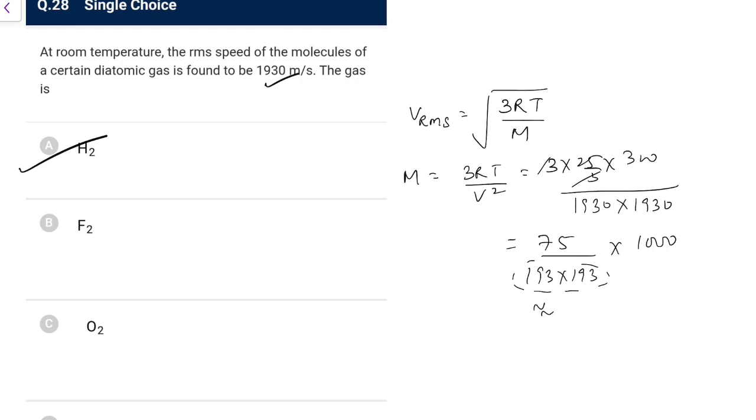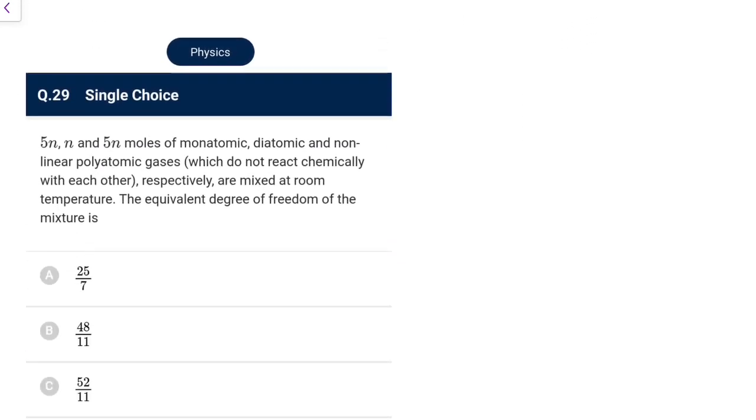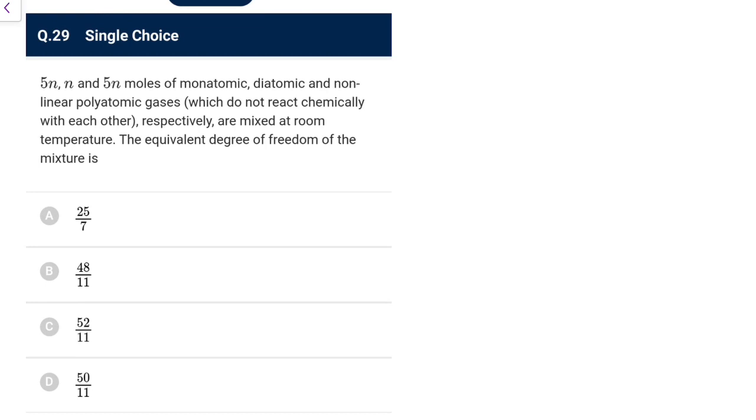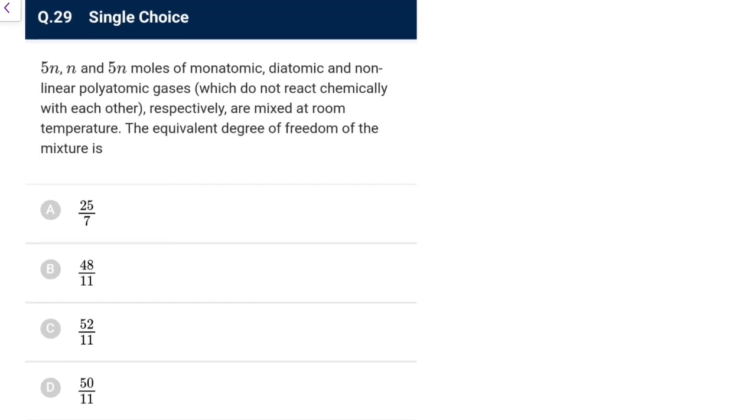So that would be, if you solve it, approximately 2 gram. So that would be like that. In one of the questions the data was given, so I just intuitively took that, but on solving also it will come like that. 5N and 5N moles of monoatomic, non-linear polyatomic gases which do not react chemically with each other